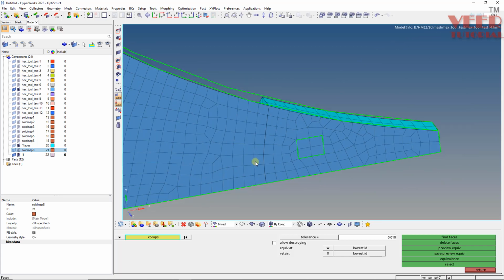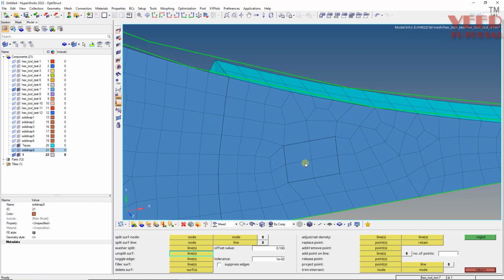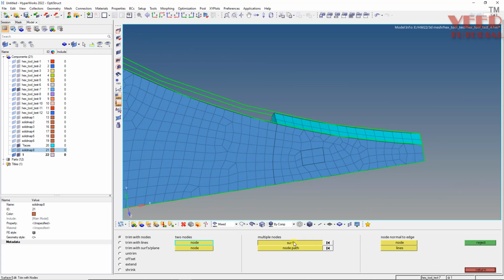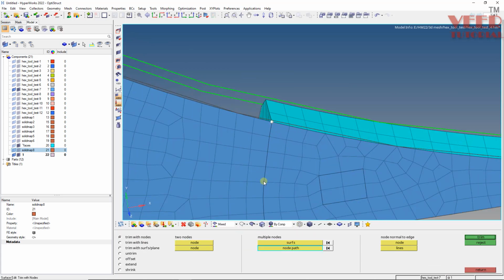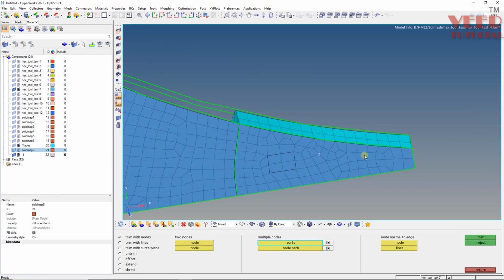So I will go to surface. Okay, here first I will unsplit this, I don't need this. Then I will split this, split surface, this surface with this node, so we have a destination geometry. Okay,